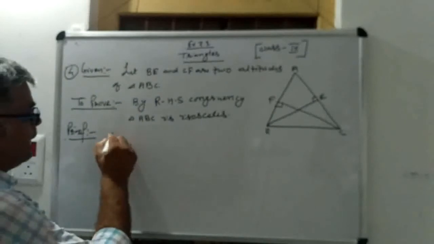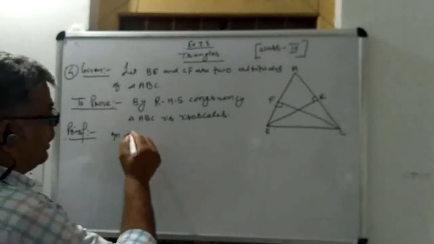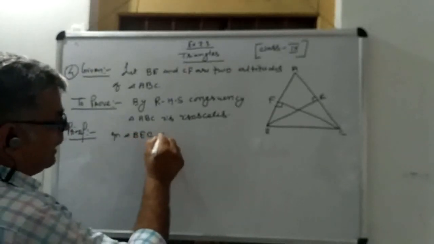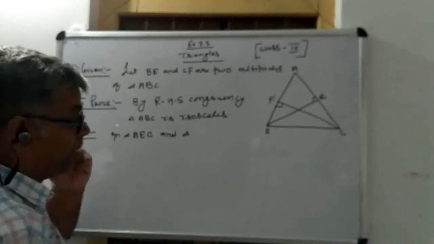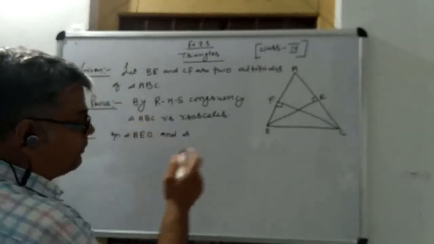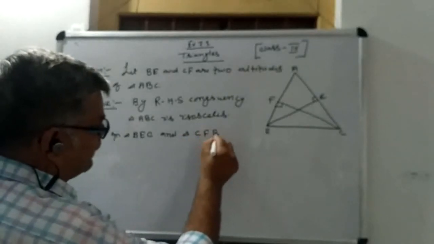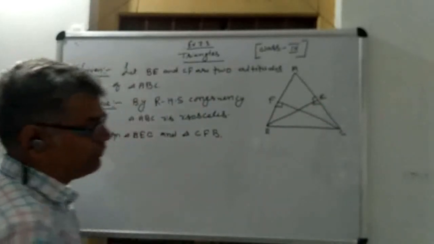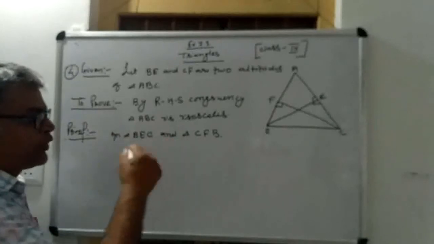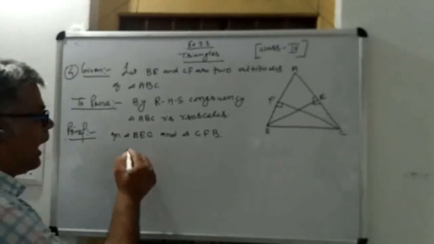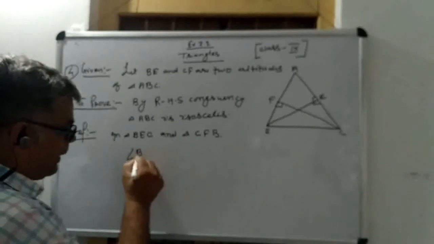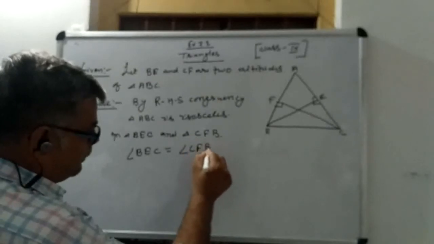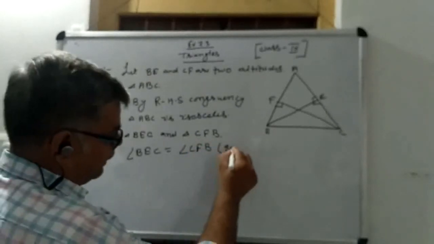Now in triangle BEC and triangle CFB, we can see that this angle will also be 90 degrees. In these two triangles, angle BEC equals angle CFB because of 90 degrees, because you know that